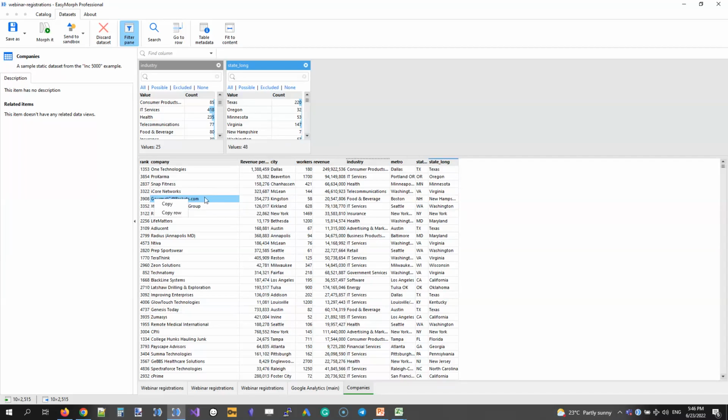From this data set, I can retrieve another data set, let's say with transactions or orders for this company, or I can retrieve a PDF document with financial reports, or I can go to the website of this company. All of this can be added as custom commands in the right-click menu for this row.